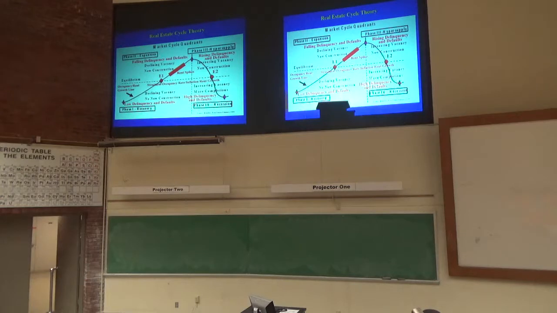Quick question. Yeah. So what's the time frame between phase 3 and phase 4? It depends on the market and the property sector. In the Bay Area, the office market and the apartment market, let's see, we started to recover from the Great Recession in 2010, 2011, and we probably saw rent spikes in office and apartments in 12, 13, 14. And then we moved into quadrant 3 in 15, 16, 17. And we'll probably be in quadrant 4 in 2021, 22, 23.